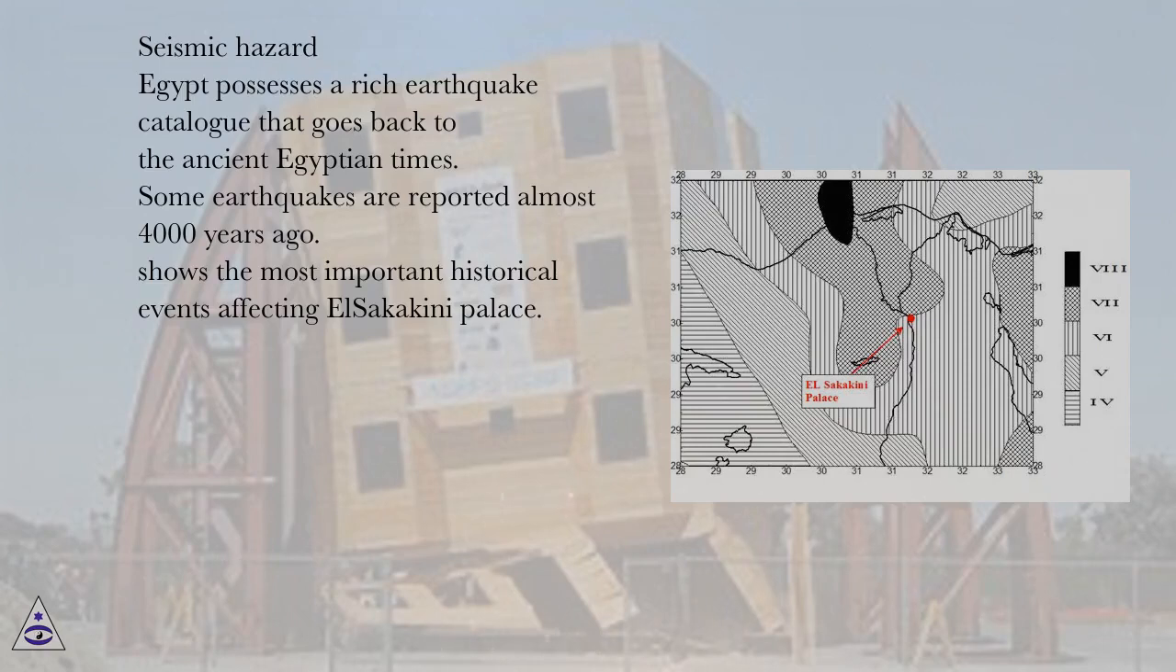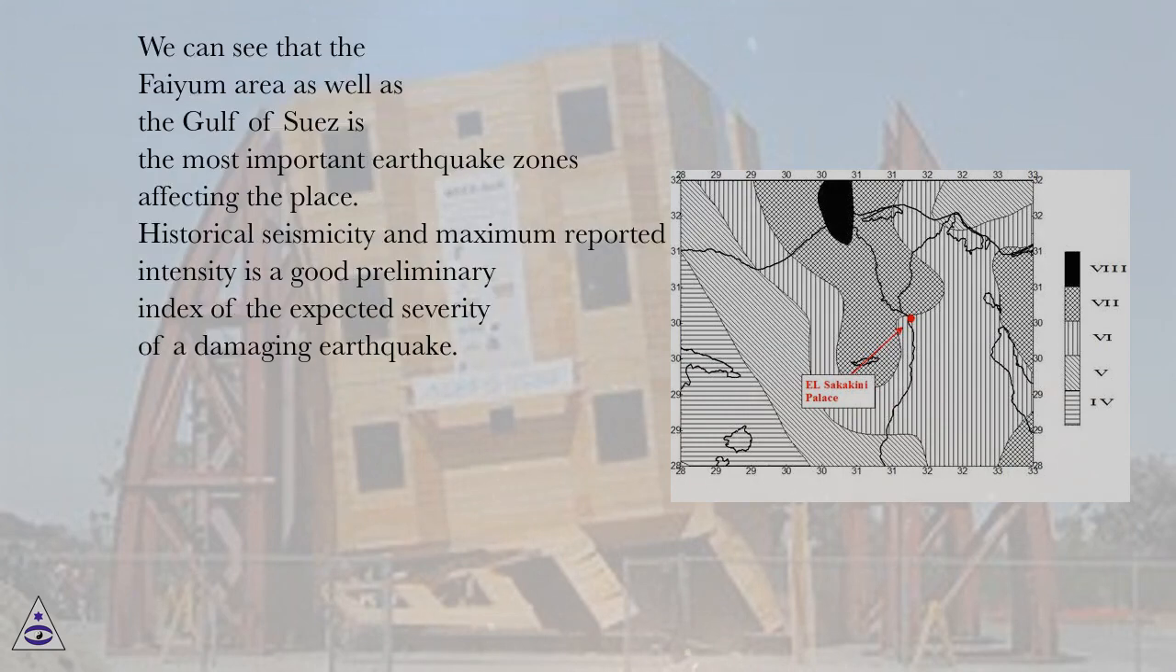Seismic hazard. Egypt possesses a rich earthquake catalog that goes back to the ancient Egyptian times. Some earthquakes are reported almost 4,000 years ago. This shows the most important historical events affecting al-Sakakini Palace. We can see that the Fayum area as well as the Gulf of Suez are the most important earthquake zones